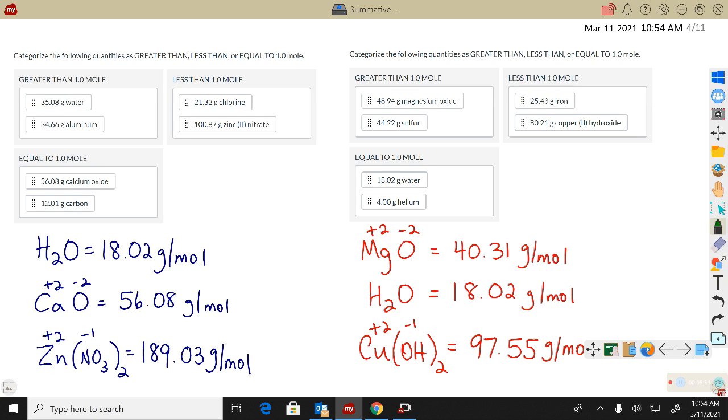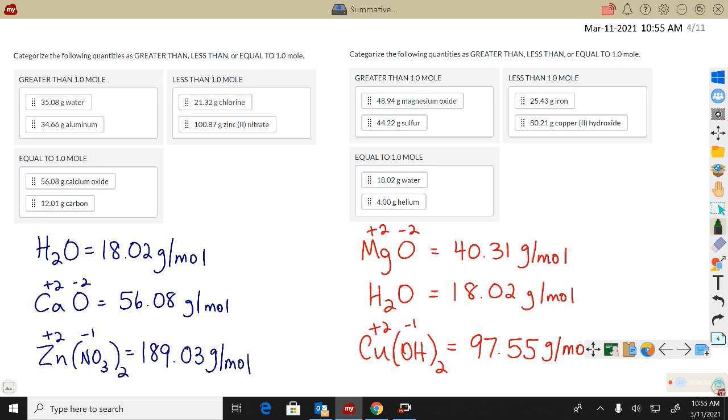Okay, so all I did was start by looking on the periodic table to get the molar mass of all the particles. The molar mass of water is about 18 grams. I just added them right on my calculator: 2 times hydrogen plus 1 oxygen. Now the key to the other ones is that we needed to write the correct formula. So calcium is +2, oxygen is -2. So that's neutral. I just added 1 calcium and 1 oxygen and got about 56 grams per mole off the